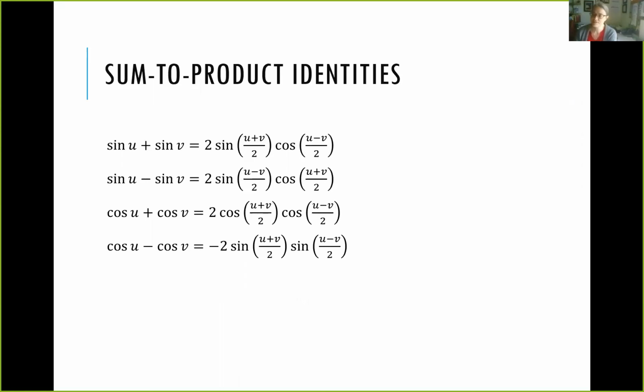This is a pattern you'll see repeated. We'll have sine plus sine or cosine, and then we'll have sine times cosine. And one of the arguments will be the sum of the angles divided by 2. The other one will be the difference of the angles divided by 2. So sine minus sine is 2 sine of the half of the difference multiplied by cosine of half of the sum. Cosine plus cosine is 2 times the cosine of half of the sum multiplied by the cosine of half of the difference. Cosine minus cosine is equal to